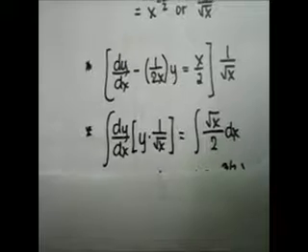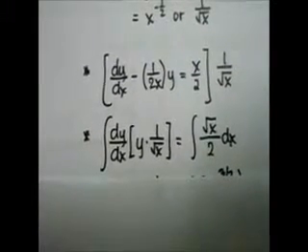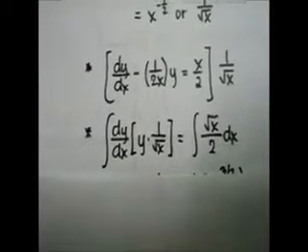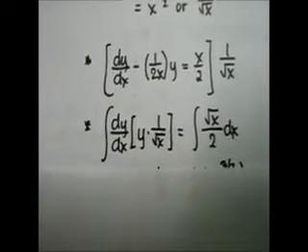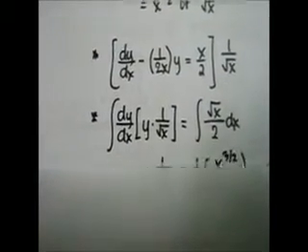So we already multiplied x over 2 times 1 over square root of x, giving us square root of x over 2. So integrating both sides, we have